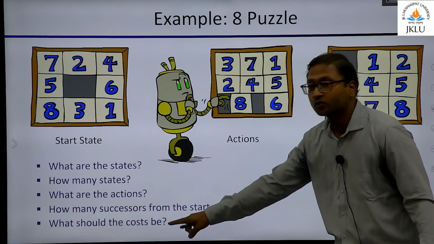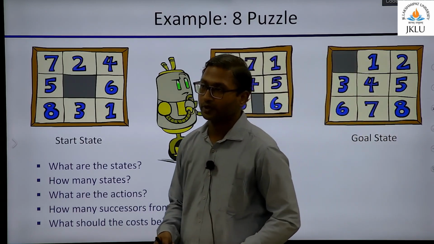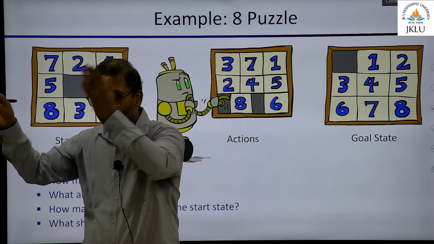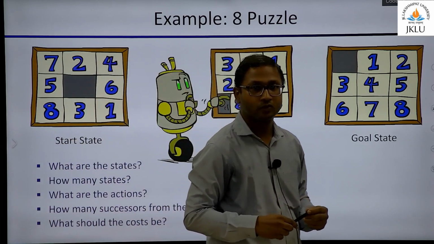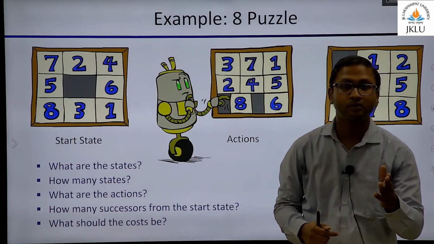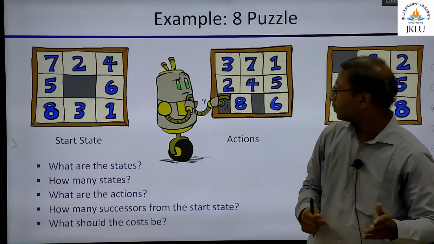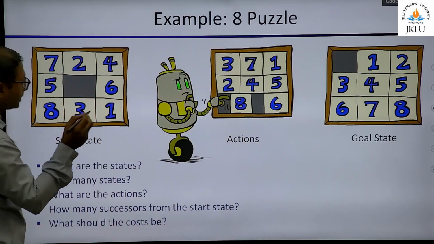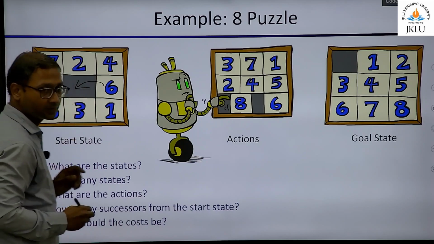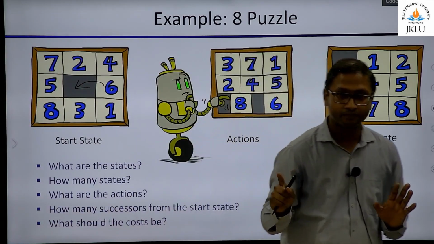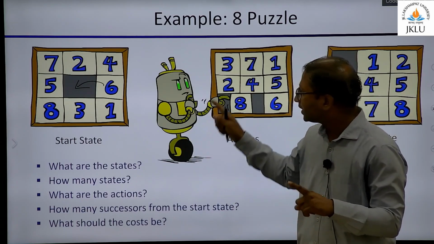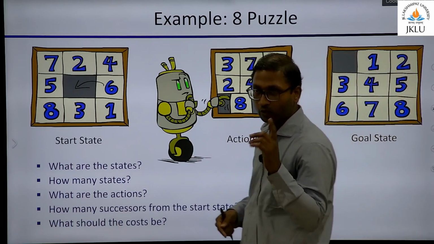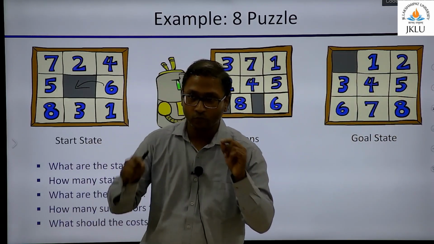So what should the cost be? Which one will you assign the cost to? When you go from one state to the other, you incur cost. But let's say if you go from here, so let's say you take this action, bring 6 here. Have you changed the state? So it's better if you give me the cost of just this transition. You want to call that cost as 1? So moving 1